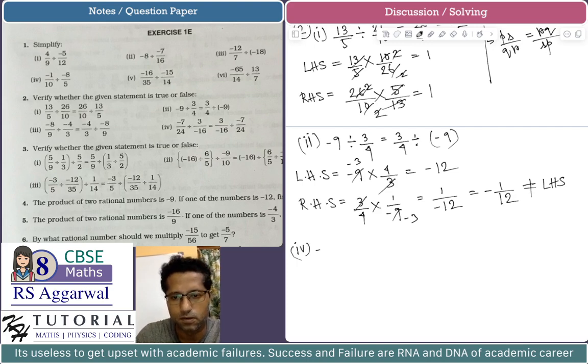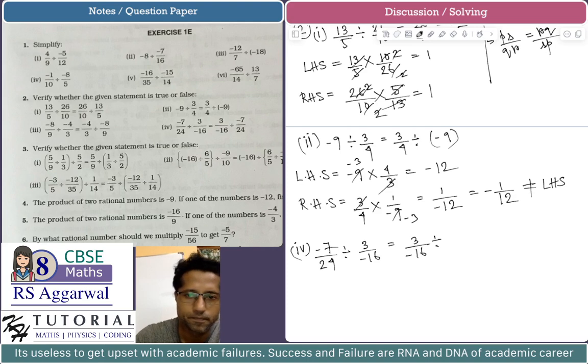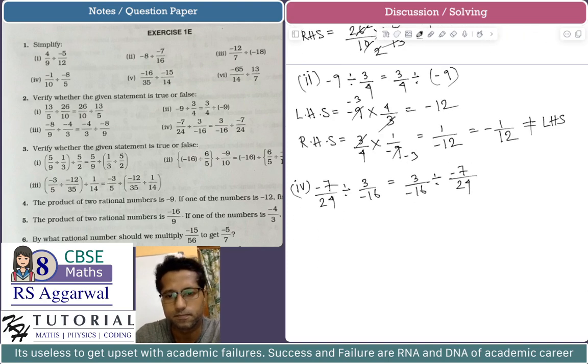It says to verify that minus 7 by 24 divided by 3 by minus 16 is equal to 3 by minus 16 divided by minus 7 by 24. Now let's see what is LHS. LHS is equal to minus 7 by 24 multiplied by the multiplicative inverse of 3 by minus 16, which is minus 16 by 3. If you do some cancellation,